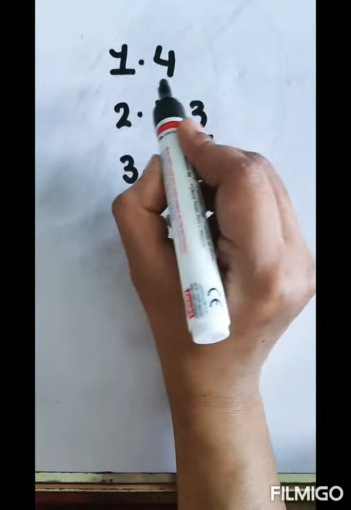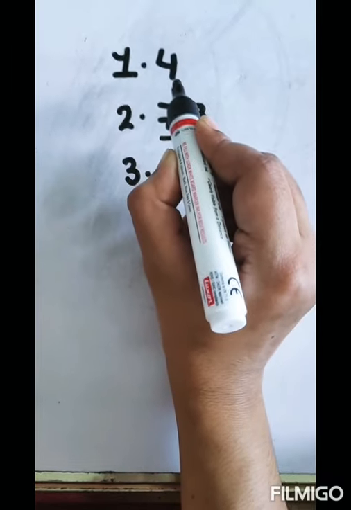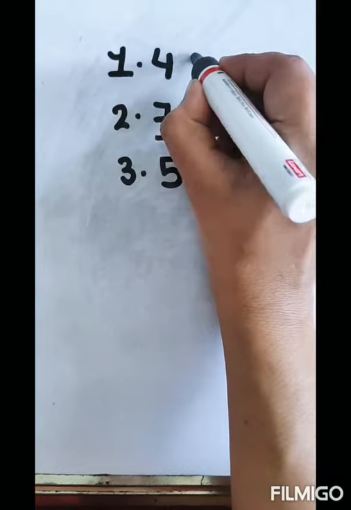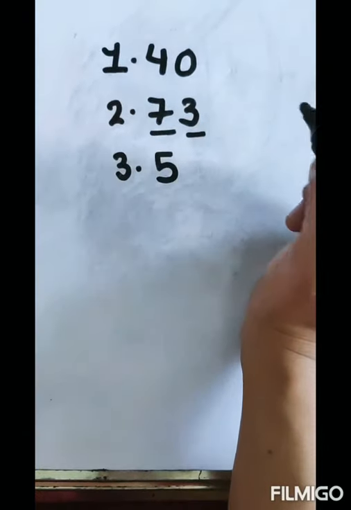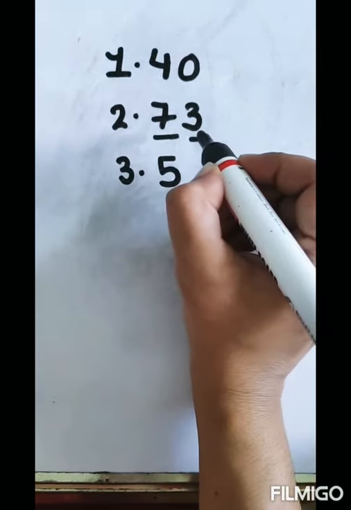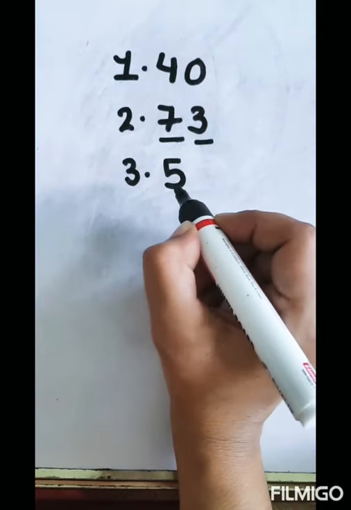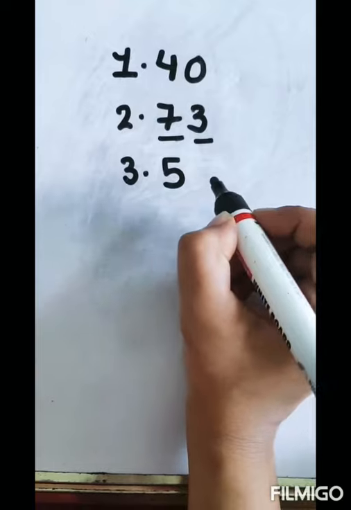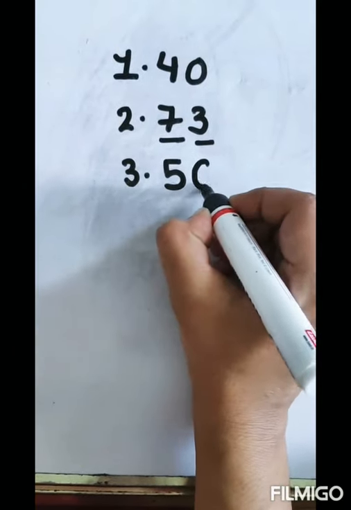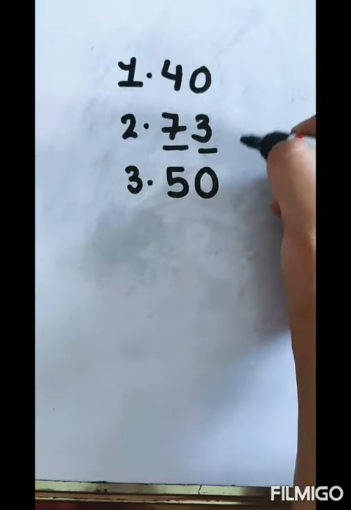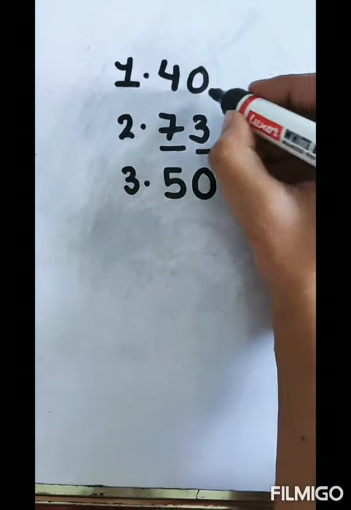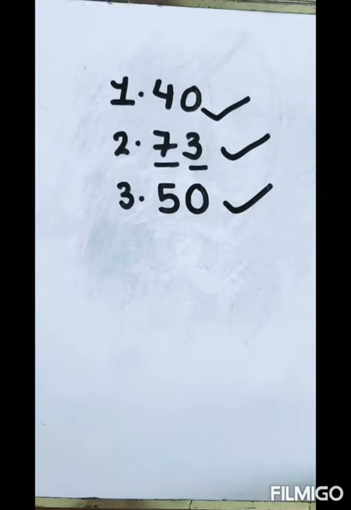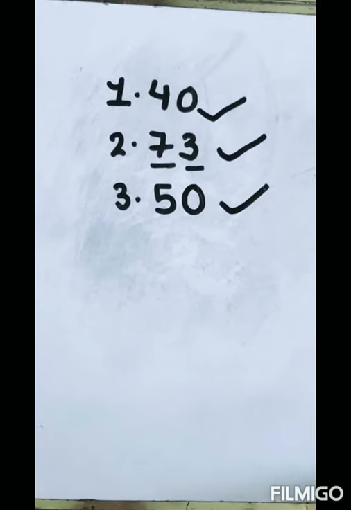Okay. Here we can see there is only 1 digit after the decimal point. So to make it equal to 2, we have to add 1 zero. So I will be putting 1 zero here. Now here there are already 2 digits. And in the last one there is 1 digit, so we will make it equal to 2 digits by adding 1 zero here. So now these unlike decimals are converted into like decimals. So this is how you can convert any unlike decimals into like decimals.